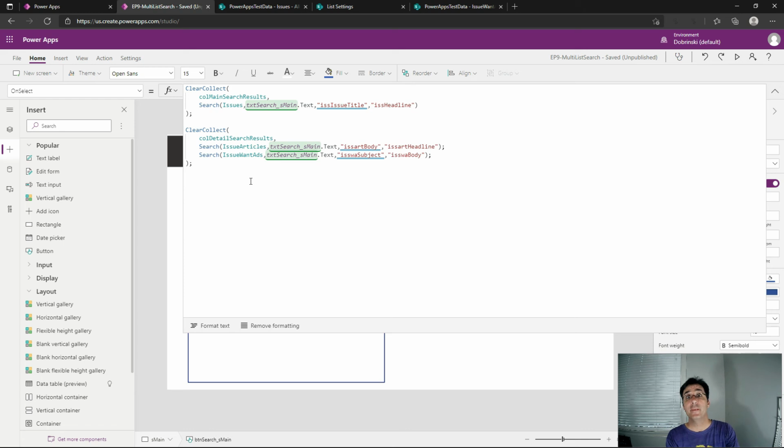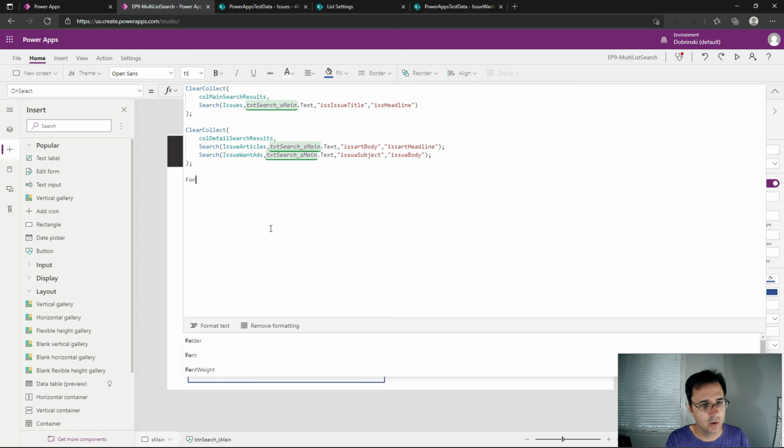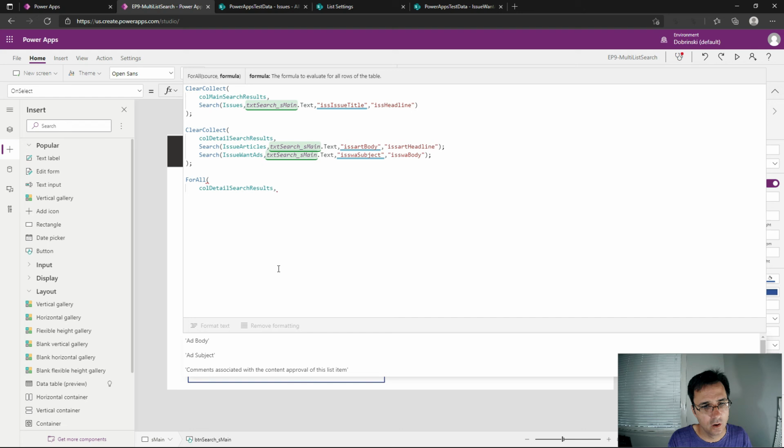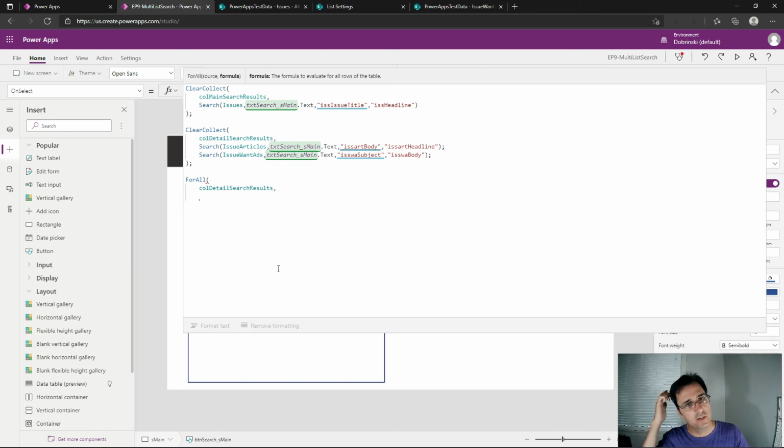So how do we combine them? We're going to loop through our collection. We're going to go for every detail. Now what we want to do here is, if the main collection already has a record in place for an issue, we're not going to re-add it. But if it doesn't have it, we want to make sure we add that article, that issue, into our main collection. So we're going to loop through the details,